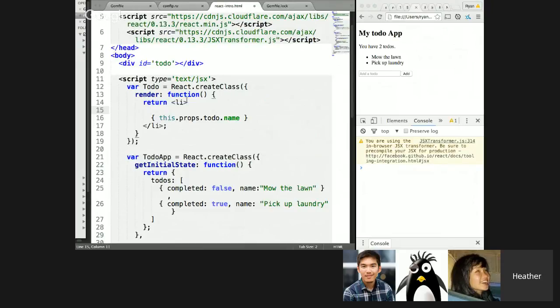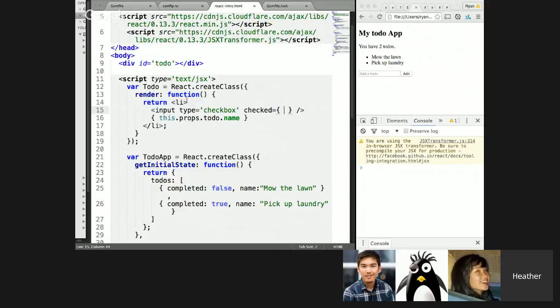So I'm going to do it as a checkbox, which is probably a reasonable thing to do with a to-do app. So I'm just going to make an input whose type is checkbox. And I'm basically going to say checked is equal to, anyone guess what I want to put in here? Oh yeah, I mean styling wise I could do that. But if I want this checkbox to be checked if a to-do is completed,